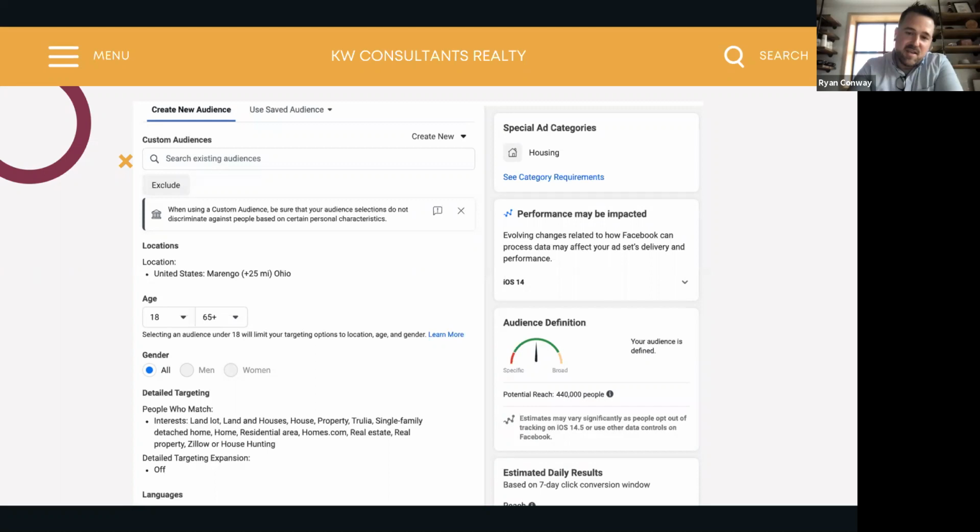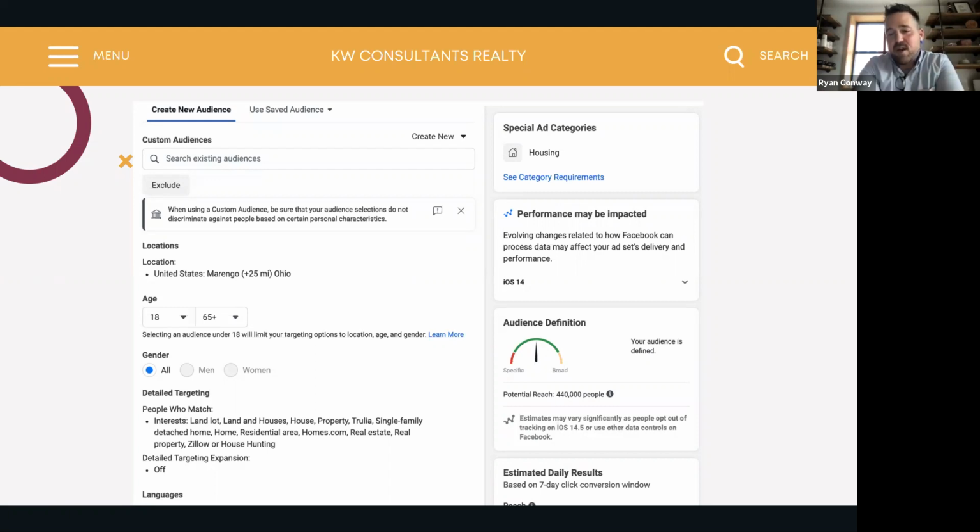And on the right side, you'll see a meter that tracks the potential reach based on this geographic area and the interest I'm targeting. You'd never want to be in the red. If it's too specific, the ad is not going to show up at all because it needs a large enough reach to be worthwhile to Facebook. Nor do you want it to be so incredibly broad, where you say, show me all of the United States, advertise this to everybody. Then it's too spread out, it's not going to get shown, and you're not going to be able to compete with your ad budget. So you want to end up in that green.